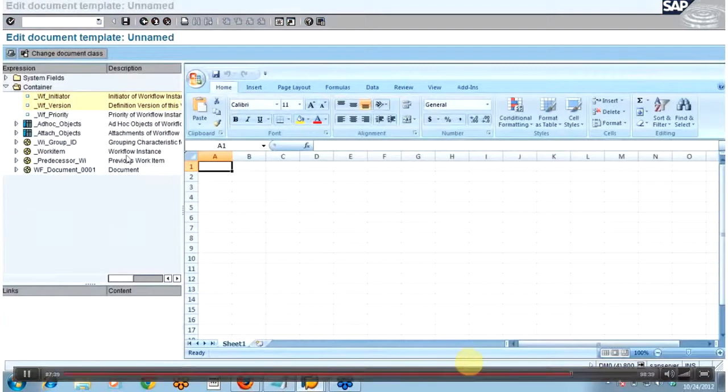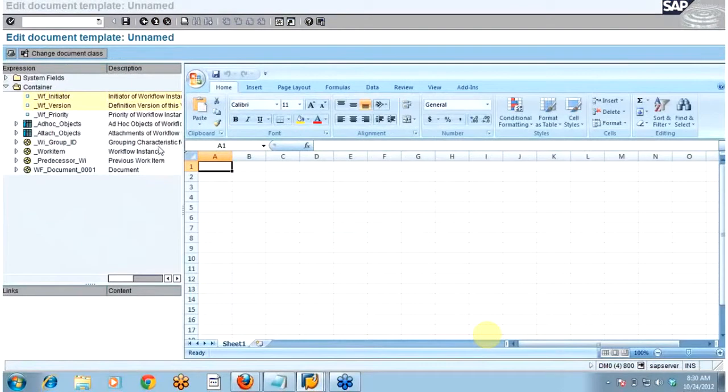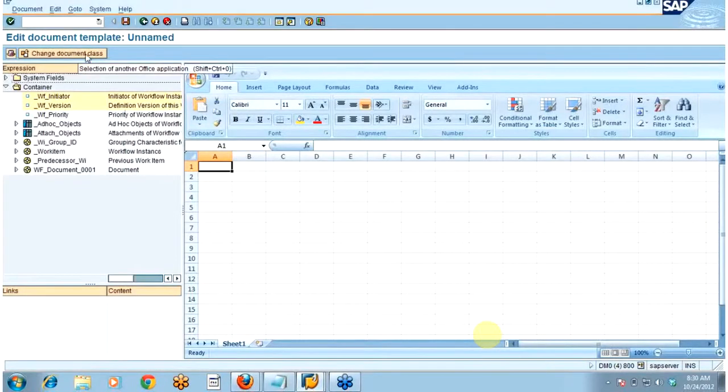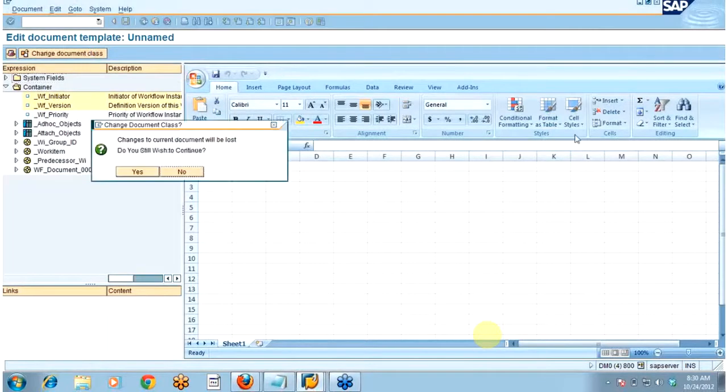You can see here on the left side we will have the workflow container elements, and on the right side we will have one Excel sheet. If you don't want to go with this Excel sheet, then above you will have one button called change document class.